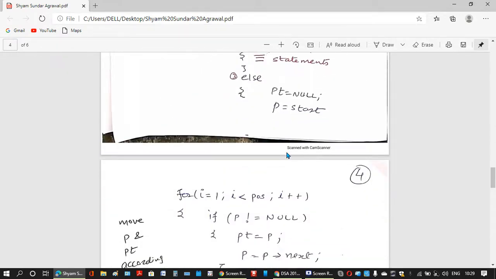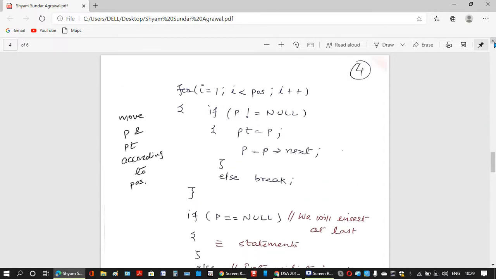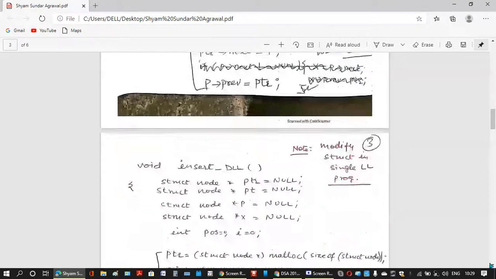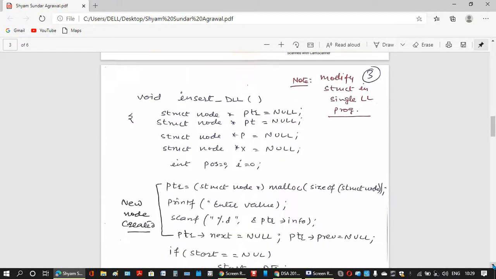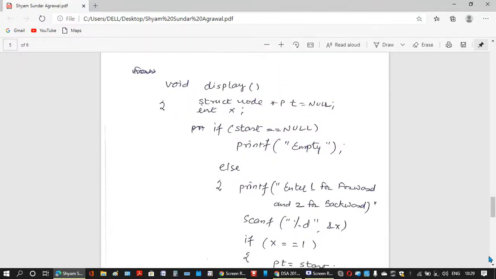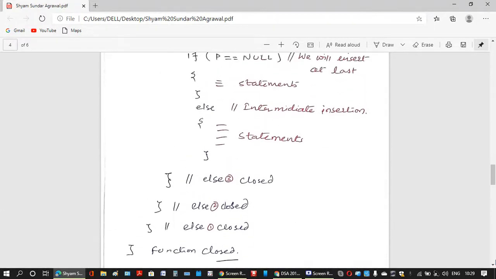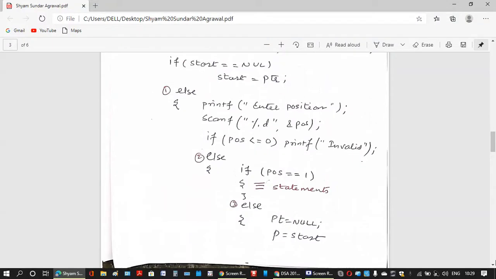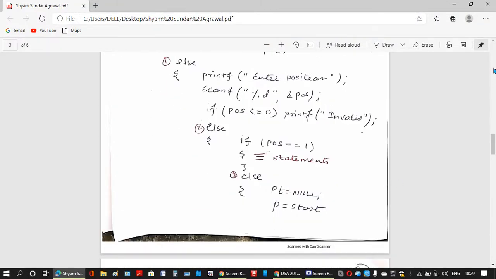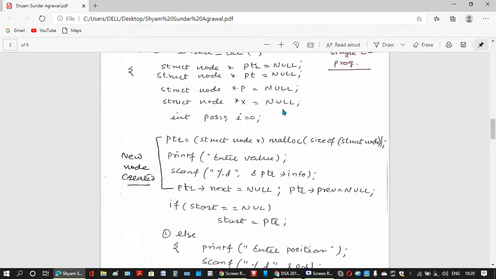So I think that I have made the correction. There was a little bit of correction after writing this. When I was discussing, I found there was a correction, so I hope that I have made that correction. Let me first check that. So come and then see, this x is not required, so you can omit it.